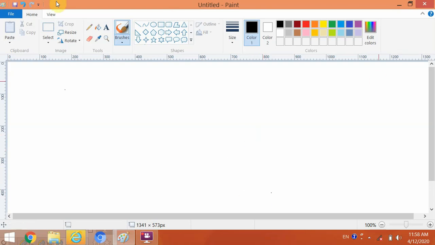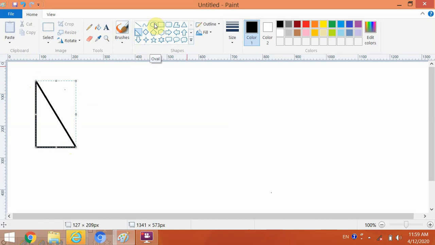How to draw shapes in Paint. Firstly, we can take a right triangle and draw it on a screen.